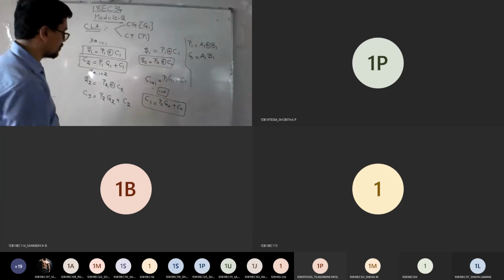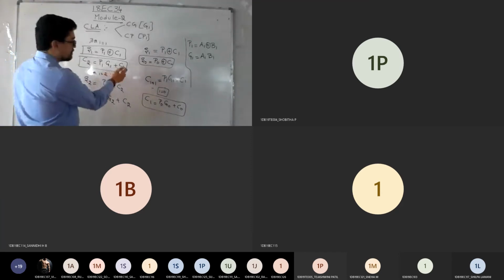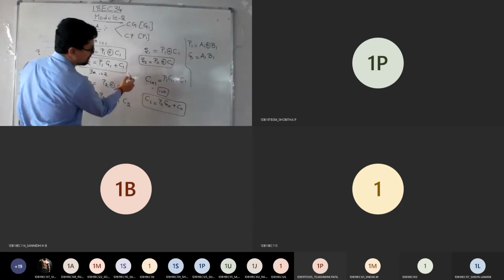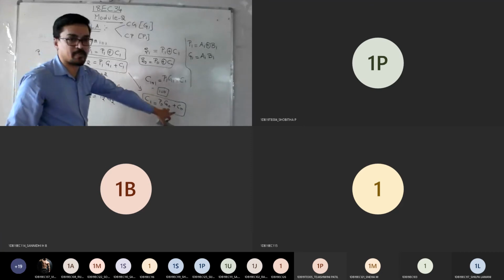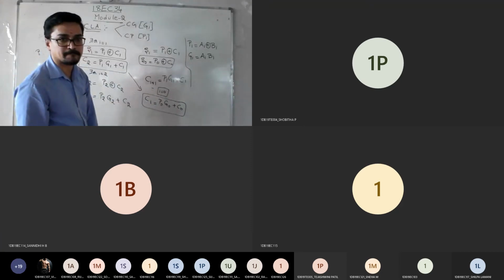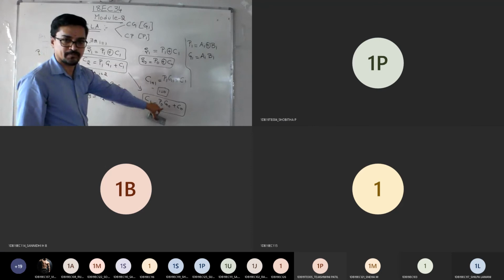Listen carefully. In a few textbooks, they have substituted this C1 here. Do we have an answer for C1? P0 G0 plus C0. Yes or no? Yes, sir. You can substitute the C1 with respect to this also.